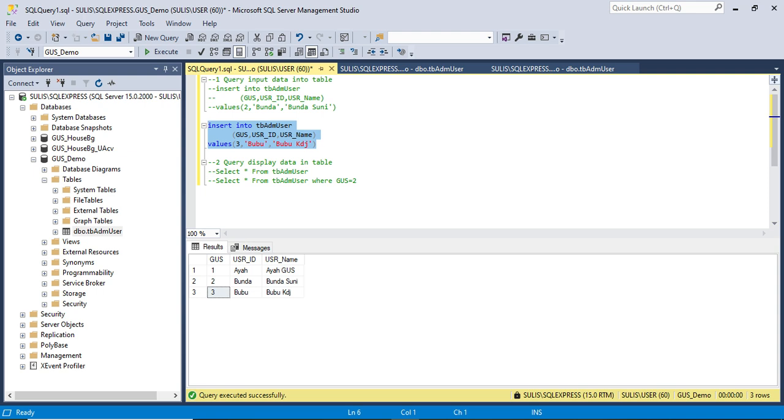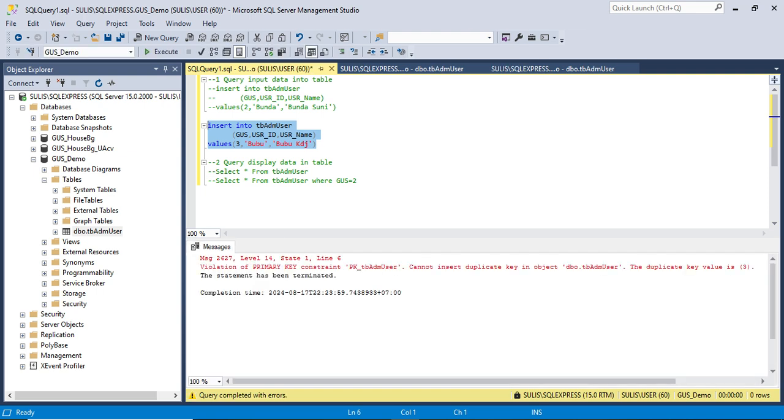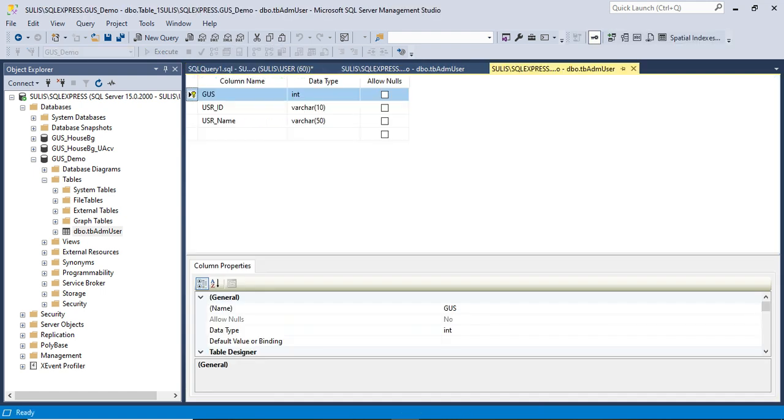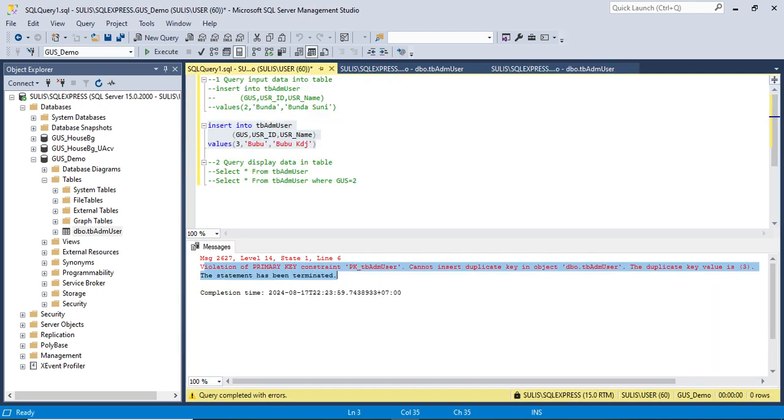There will be an error. See, violation of primary key. That's the meaning of this primary key. And of course, there is something else, like the primary key will be used as a reference for another table. Later, we can study about it.